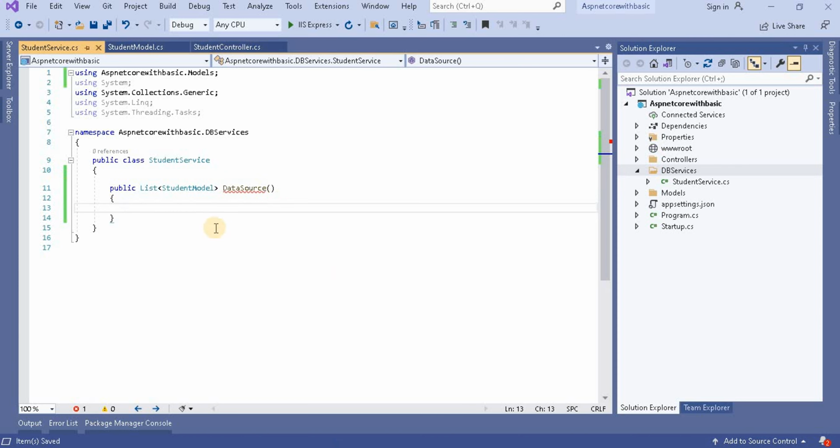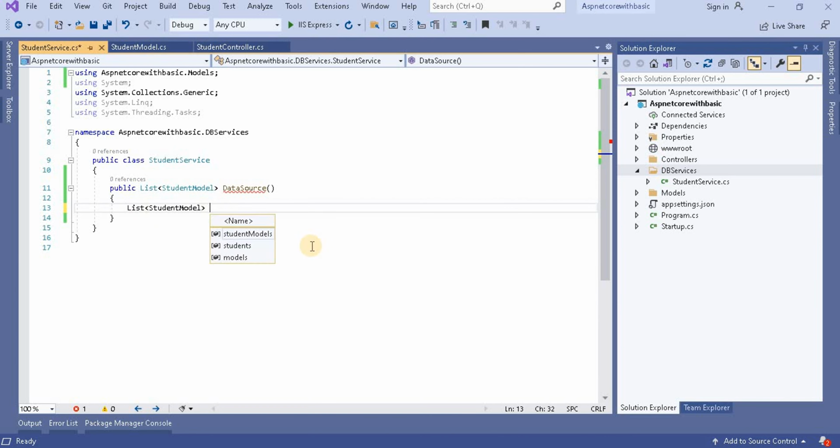So basically I'm creating a data source. Currently we haven't integrated this application with the database, so locally I'm creating a data source, which will return a list of student model.